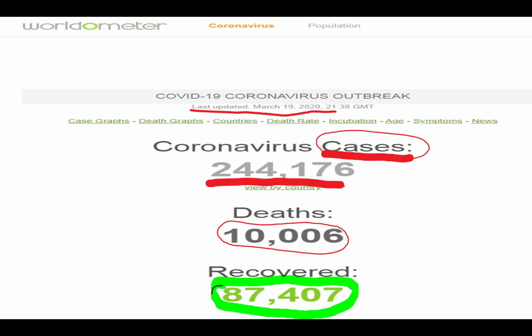May everybody recover from that disease. My prayers are with all of them. But the good news is the recovery cases, the people who have recovered actually are 87,407 cases out there who have actually recovered from this coronavirus. So the message I actually get from this is it is not very dangerous. It is supposed to be taken care of, and people should be very careful and take every precautionary measure to get rid of it and stay away from it,